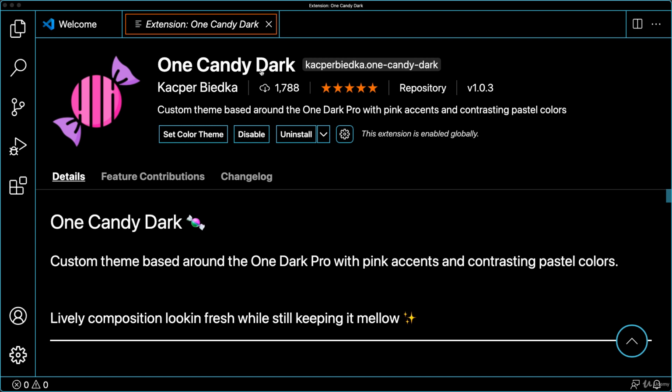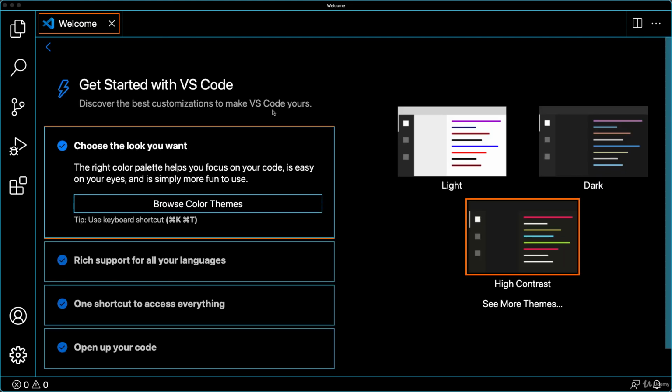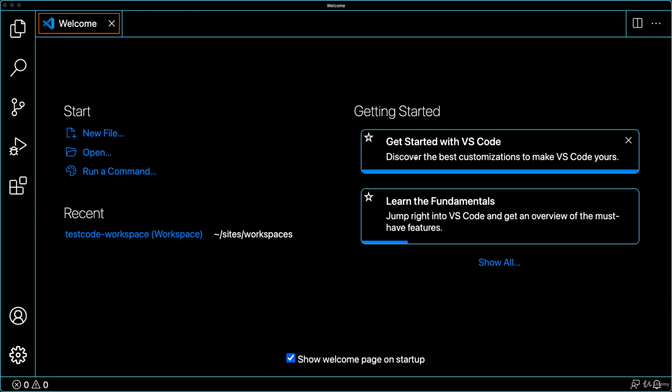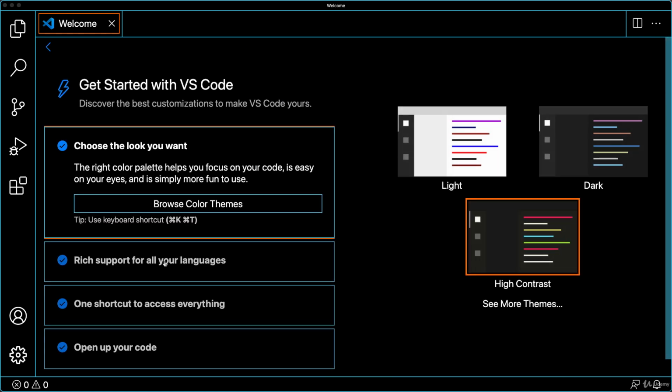And whenever you're done with one of the themes or the extensions or one of the windows, there's the tabs at the top that you can use to close them down. So the next option that we want to look at is when we go here, we can select the